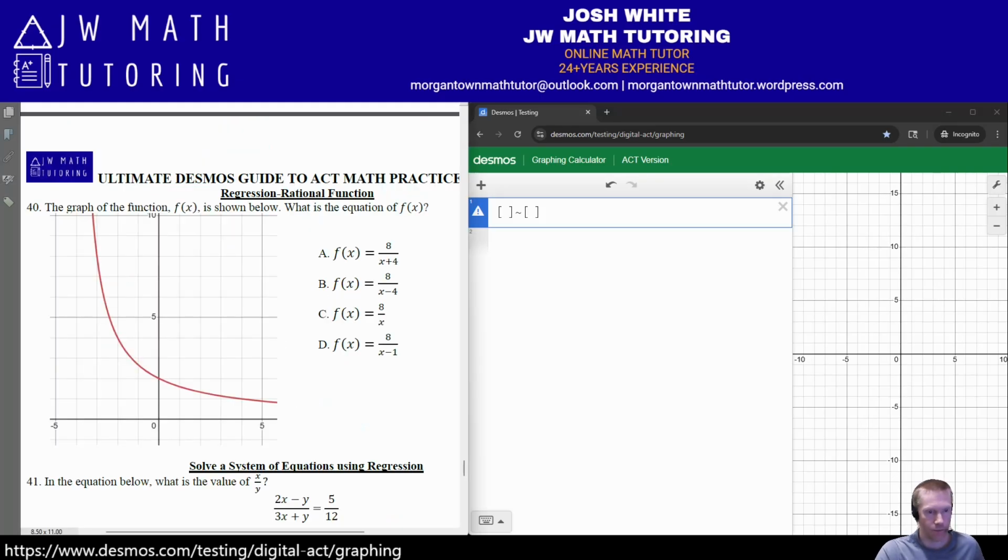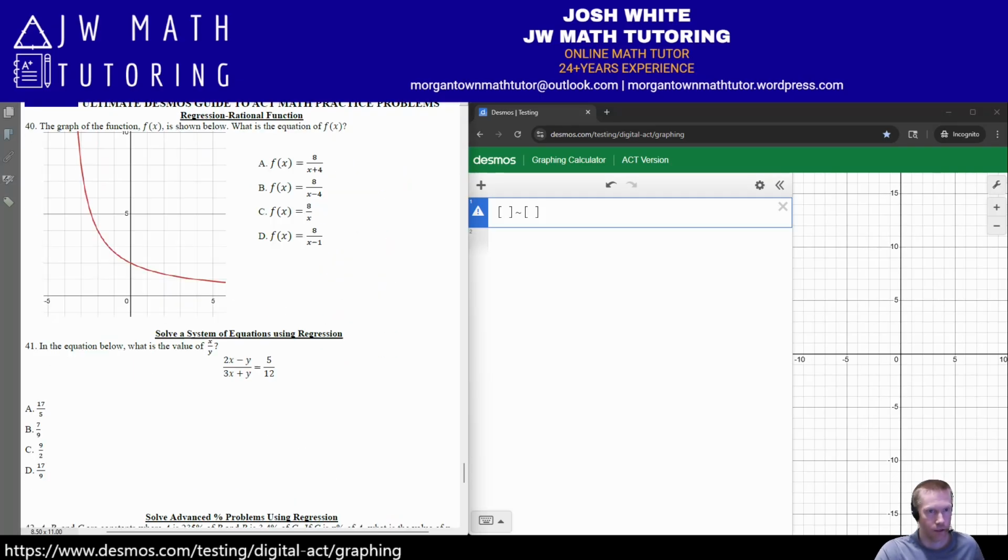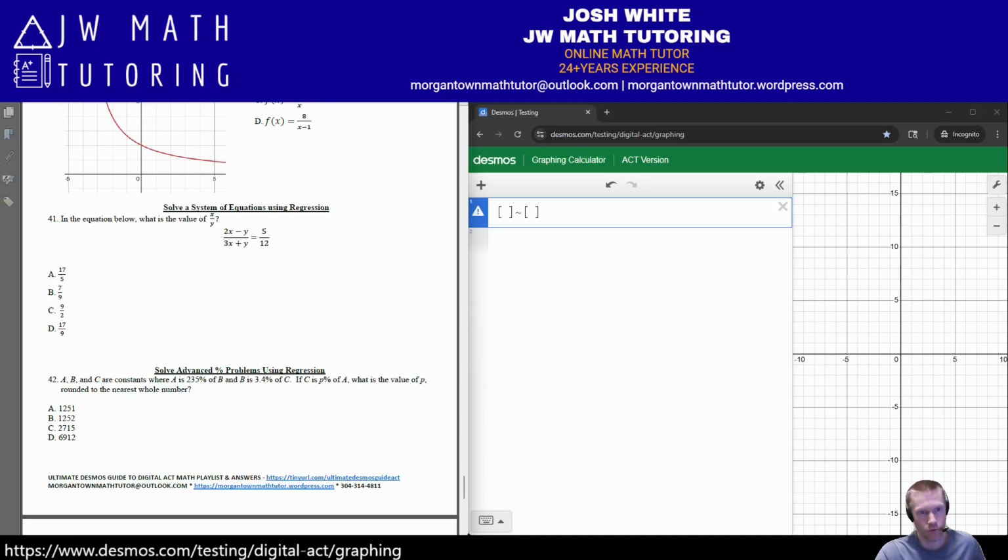So let's look at an example problem now. Let me go back to the default zoom. We have question number 41 here. So this is a problem where you have basically a proportion, and there's two variables here, x and y. This is an example of a problem that I specifically chose because, first of all, it's a very common problem type, and second of all, you can solve this so easily and